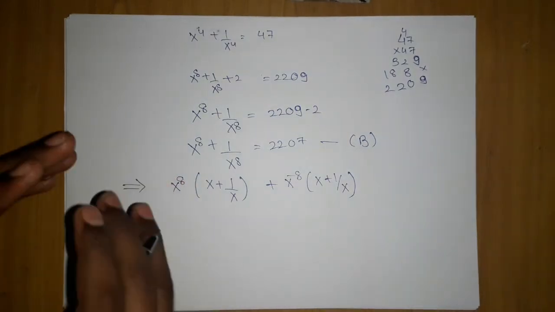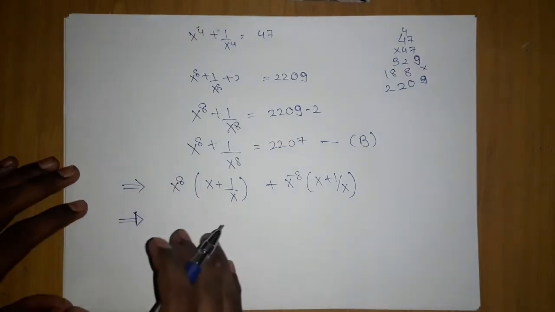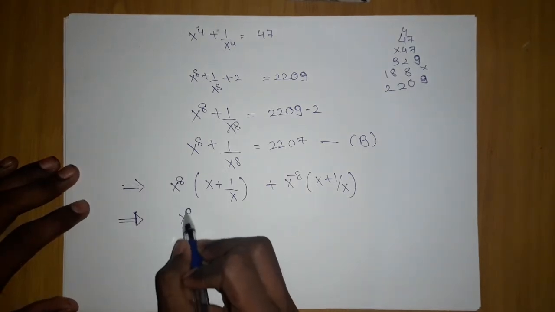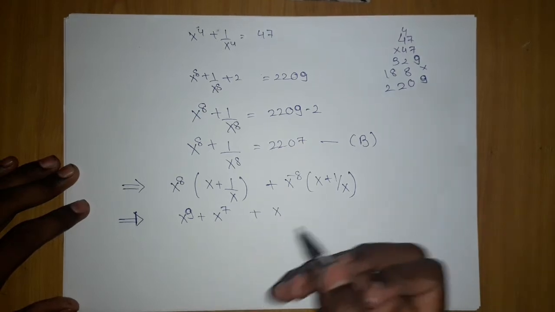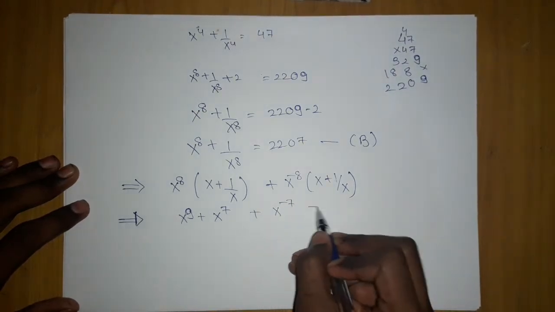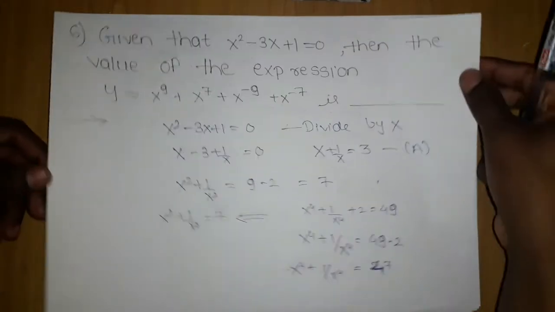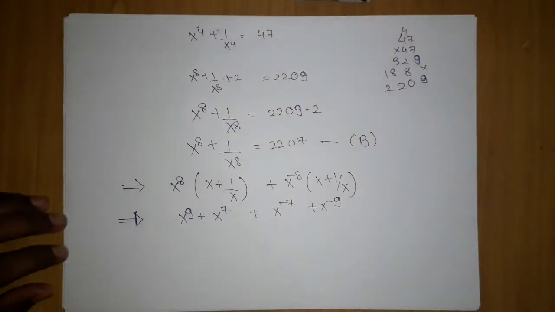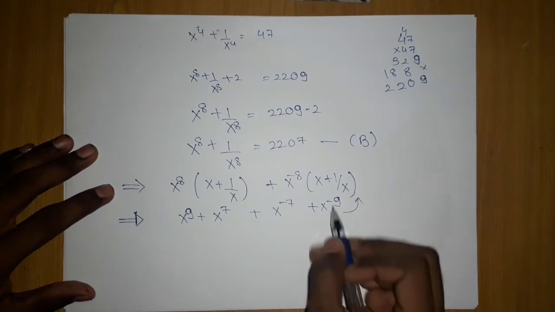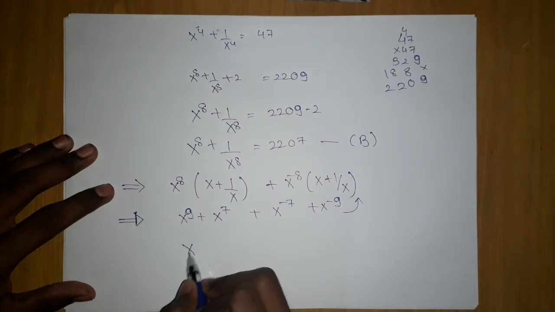If something like x to the power 24 appears, or minus this, the same process will be followed, meaning the path of this question that we are doing. So what we are getting: x to the power 9, and this is x to the power 7. This will be x to the power minus 7, while this will be x to the power minus 9. Now if you observe clearly, we got the equation which was given in the problem. Yes, we are going right, and if you are getting this, then we know these values, which we have used.